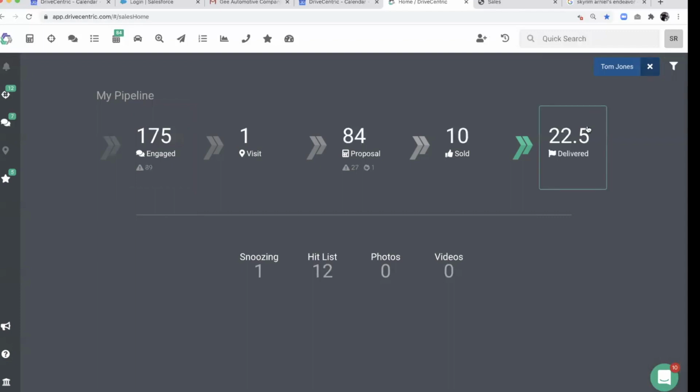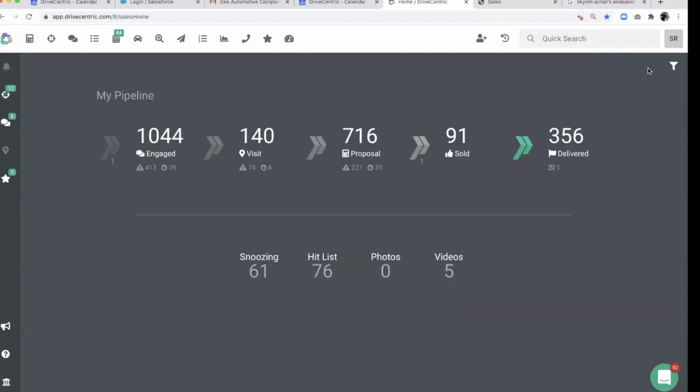Great job. You have 22 cars out so far this month, but you have 10 sold that aren't delivered. Who are those? Those could be locate, pending finance, could be ordered vehicles, but these are customers that are hot that we can move over here to the delivered bucket. So how do I get those 10 over here? So now I'm at 32 and a half cars out. So hopefully that makes sense to everybody. If I want to go back to the store view, I just click off that X button